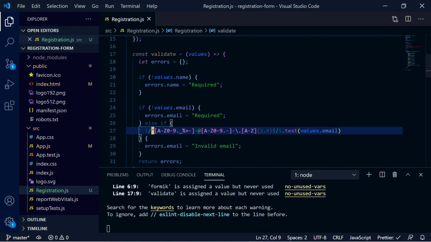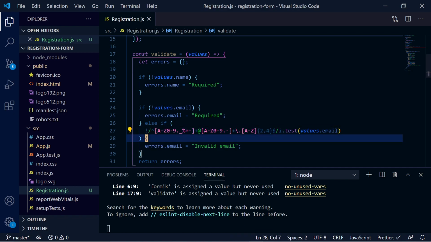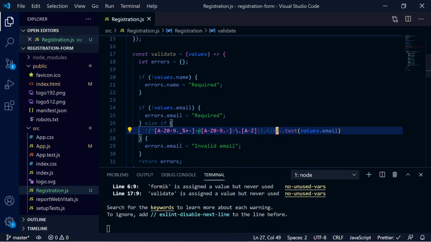Let me explain this regular expression. A regular expression always starts with a slash sign and also ends with a slash sign, and inside these slashes we write the regular expression. Here as you can see we have written the caret sign. This means the string should start with this. So our email should always start with this selected portion. It means any combination of A to Z, 0 to 9, dot, underscore, %, and after that combination you can write the @ sign, and after @ we will have any combination of A to Z, 0 to 9, dot, any number of characters.